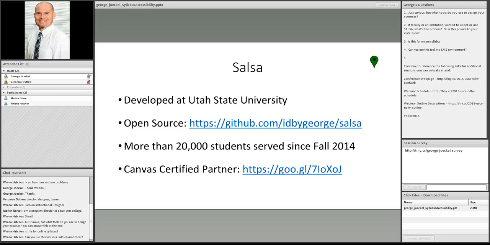We're going to take a look at the open instance on the web, the one that the Salsa project hosts, that is also free to use for people that come up there, and they don't have to sign up for an account or provide any information. They can just use it.